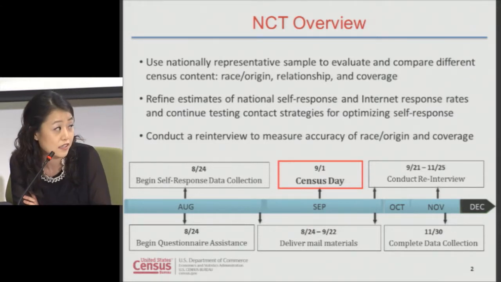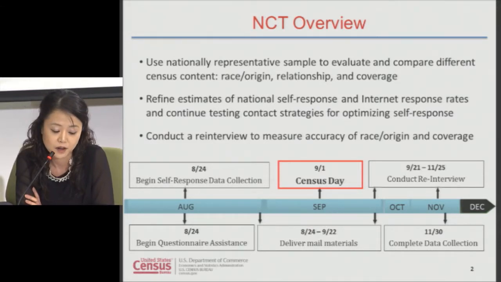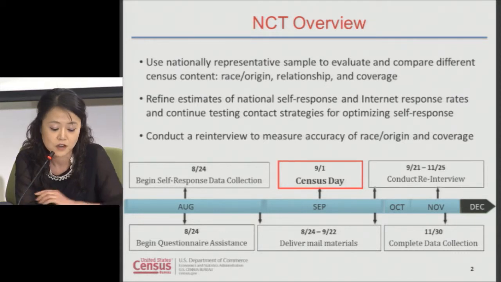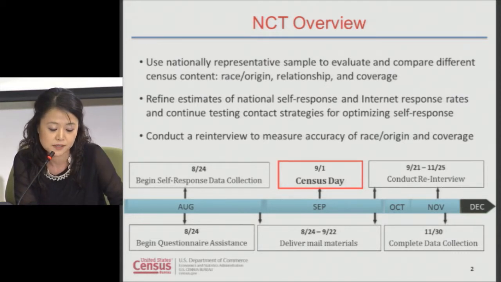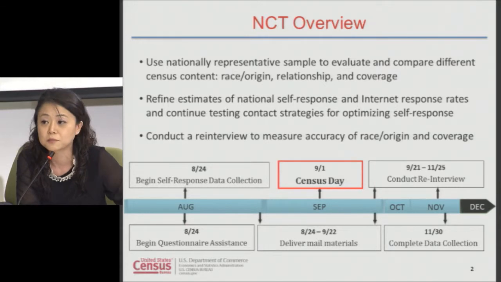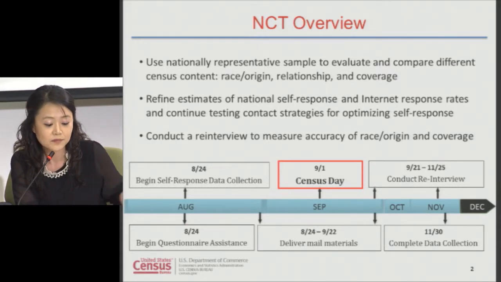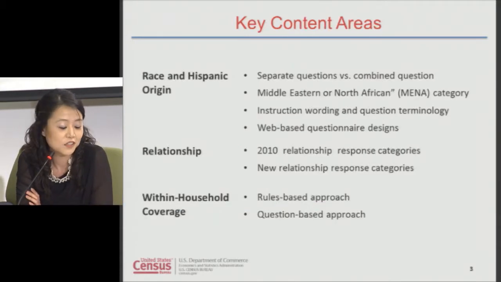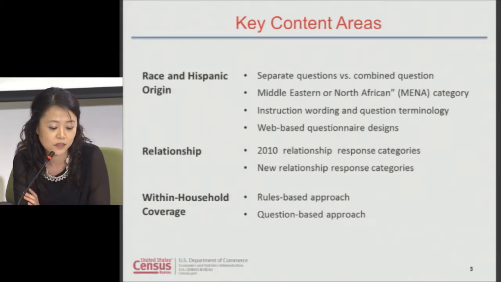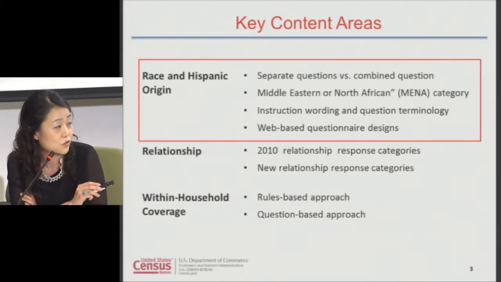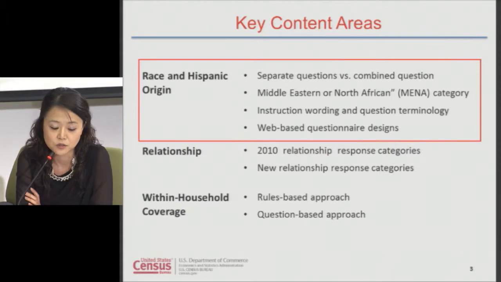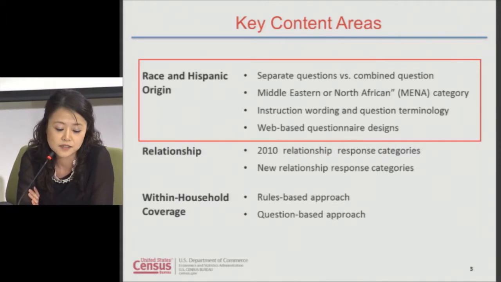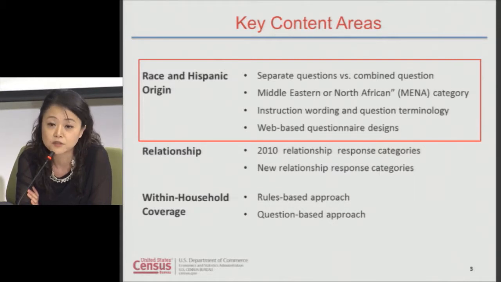As you can see in the timeline on the slide here, we will begin operations in late summer of this year with the census date of September 1st, and the data collection is scheduled to be completed by the end of November. As a reminder, the NCT will be testing 3 key content areas. So you can see here, the race and Hispanic origin questions will focus on several key dimensions that include the questionnaire format, looking at the separate versus the combined question approach,